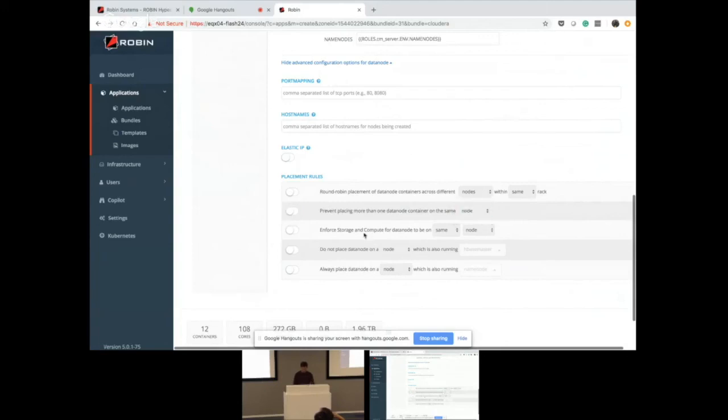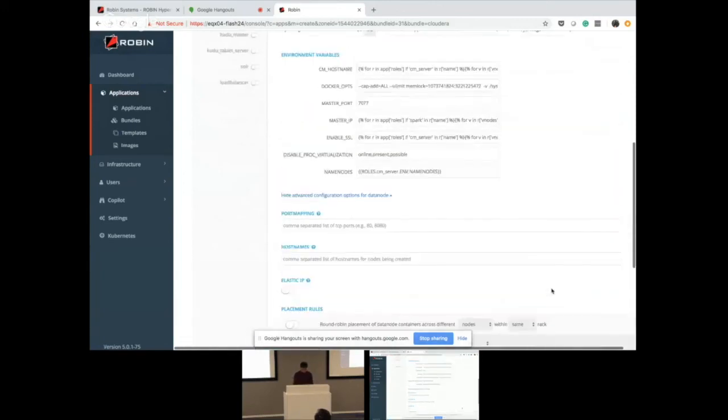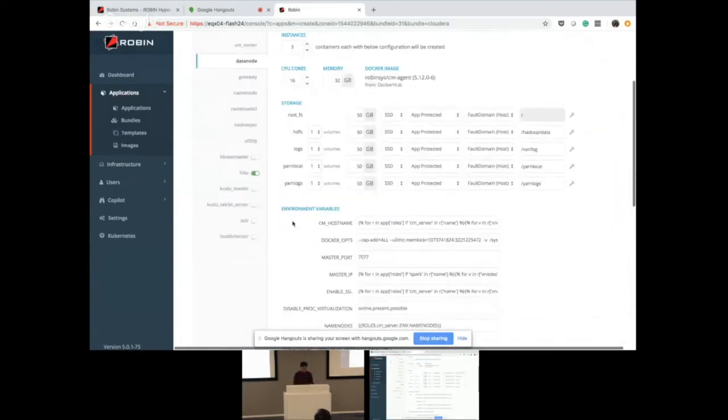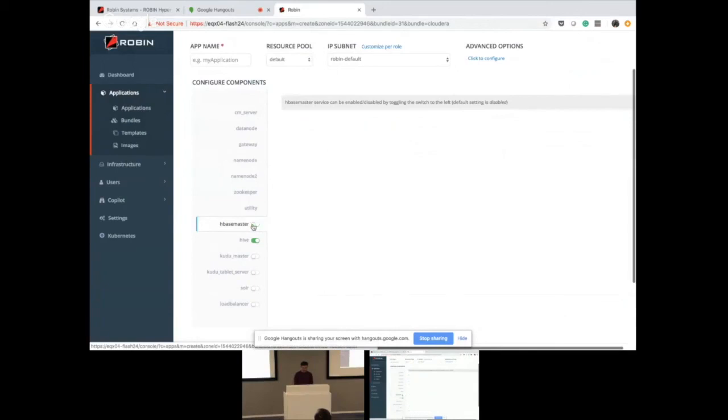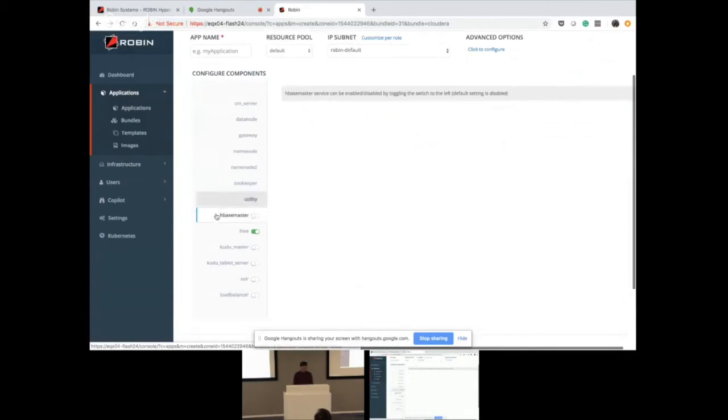And as Ravi mentioned, we can have storage and compute on the same node, and it is possible because we plan before we submit our plan to Kubernetes. We plan for compute and storage, and that way we can control where the storage comes from and where the compute will go to. So with that, you can have a bigger or smaller cluster depending upon the roles you can choose dynamically at the time of configuration.